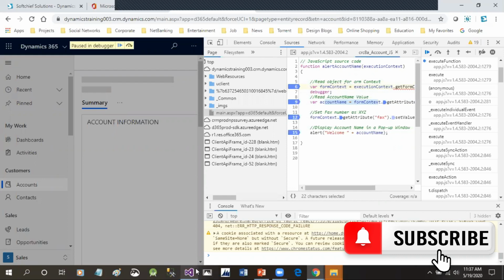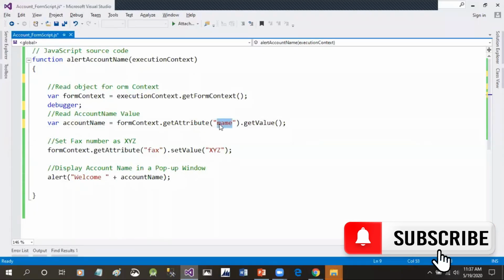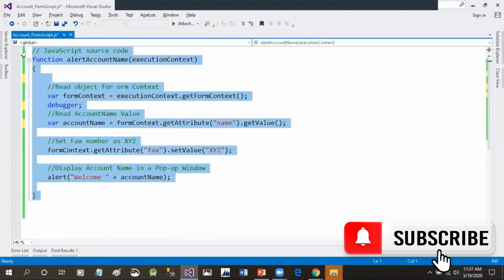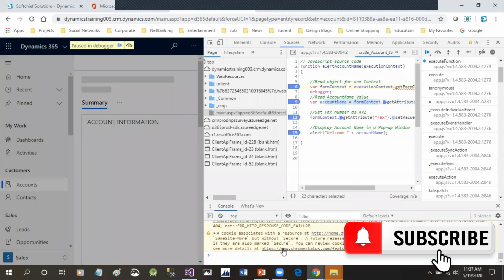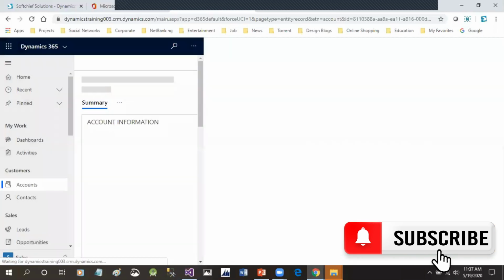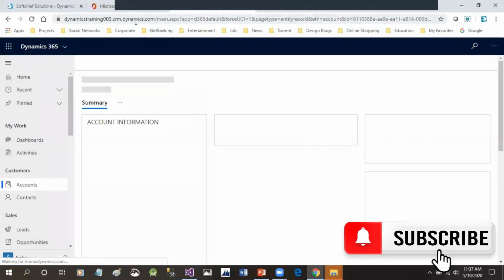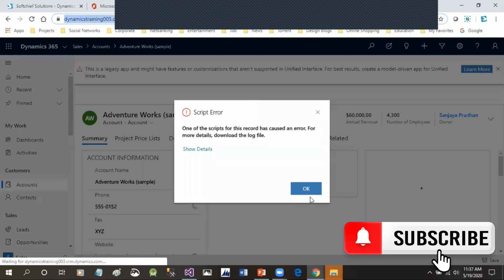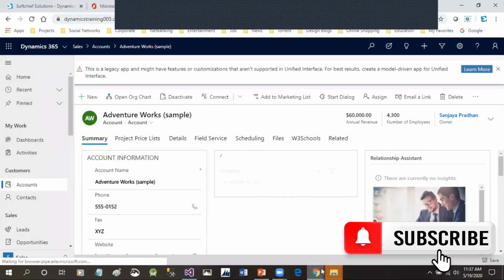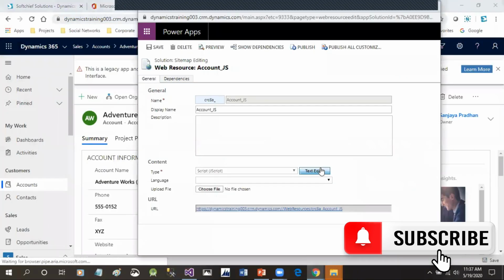Now I will do one thing. I will rectify this, and again using the debugger, I will update the script and see if it is throwing an error or not, and whether it is moving to the correct line of code. The point is it should not navigate to the system scripts. Now I will go here and update the web resource.